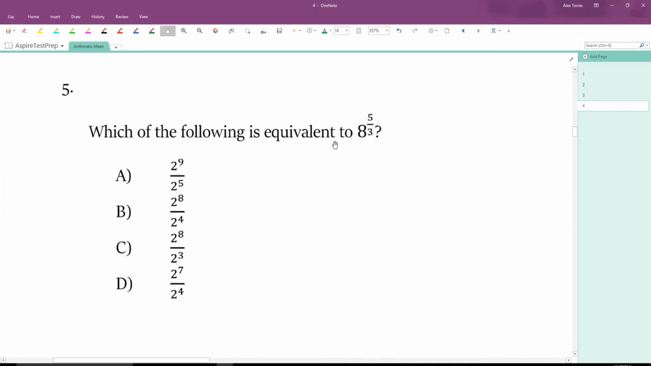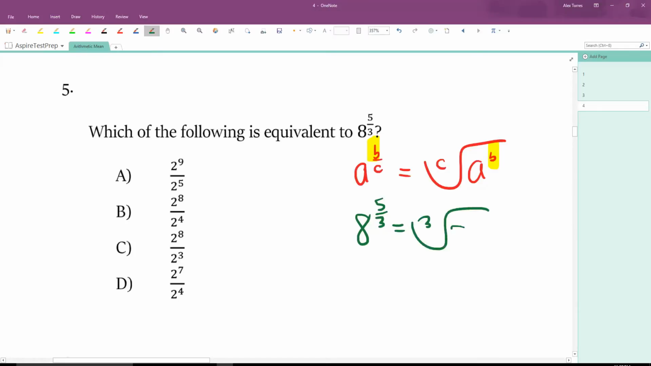Which of the following is equivalent to 8 to the 5/3 power? So once again, if we have a to the b over c power, that's the same as the c root of a to the b. And like I said, the thing to remember is that the number that's in the exponent spot is also the number that's on the top of that fraction. So if we have 8 to the 5/3 power, that's the same as the third root of 8 to the